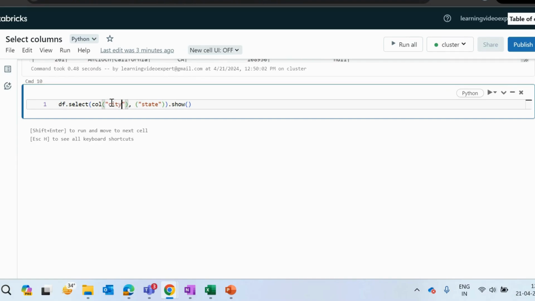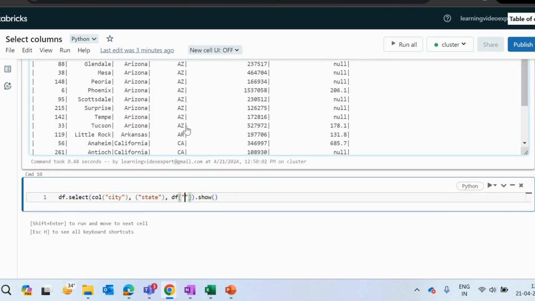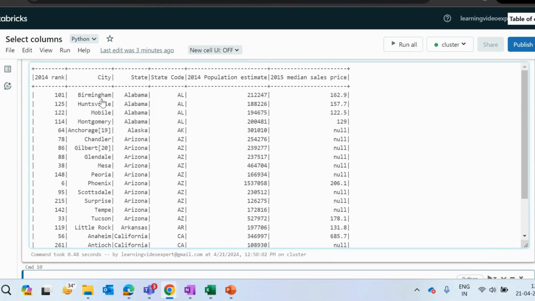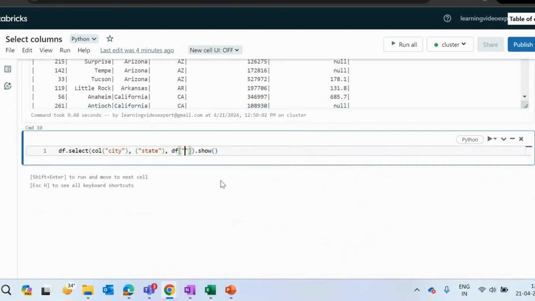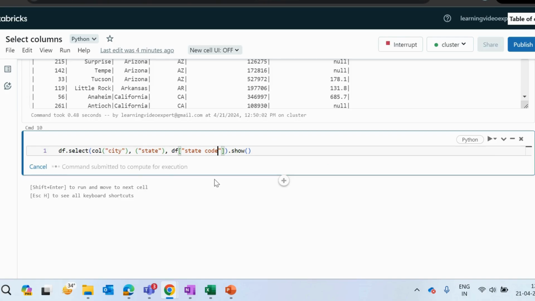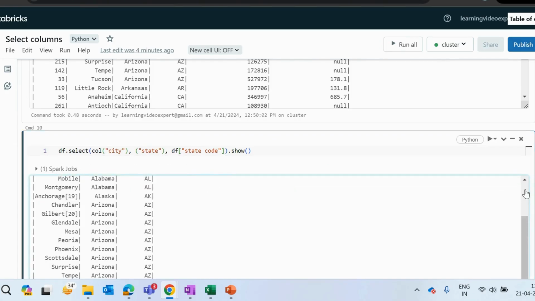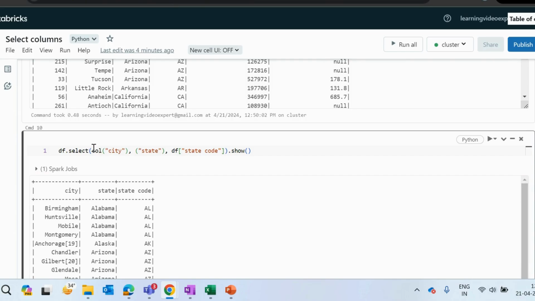I will select my df, and inside that df I will mention the column name. Let's say I want to select my state code. Let's see if it runs. See, all my three columns are now displayed. So all these three ways you can use to select your column.